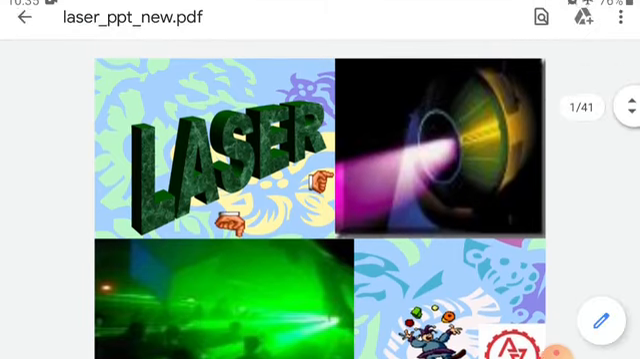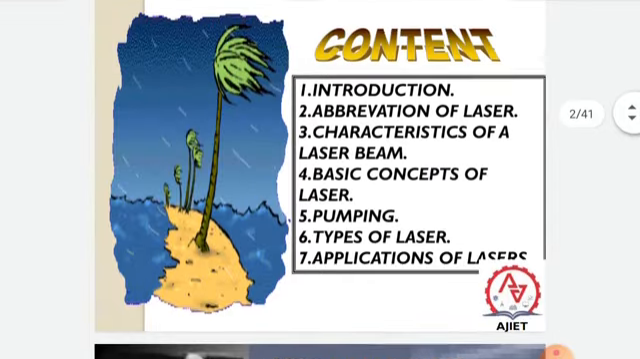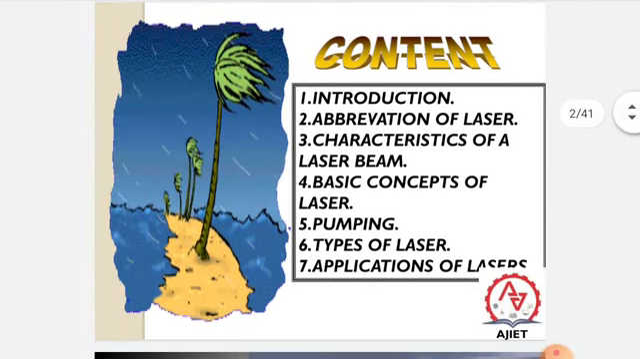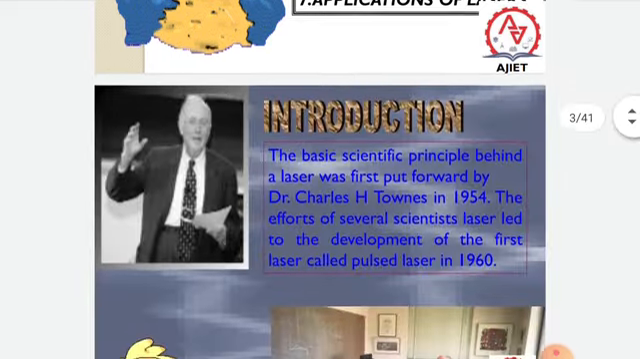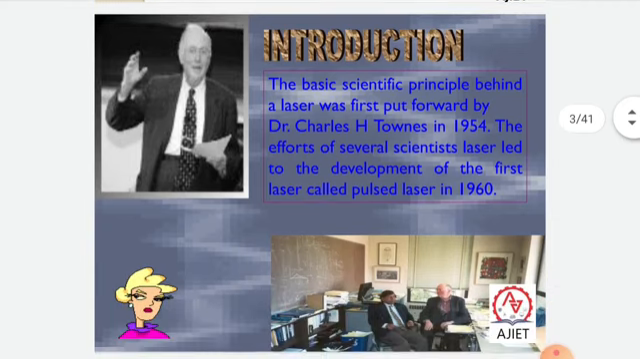So we can see what the different things are that we have to discuss in this topic. First let us see the introduction of laser, next the abbreviations of laser, next characteristics of laser beam, next basic concepts of laser, pumping, types of laser and applications of laser. Okay, so regarding the introduction,